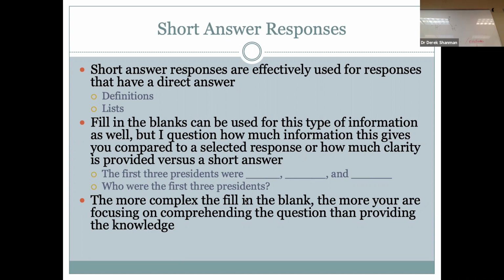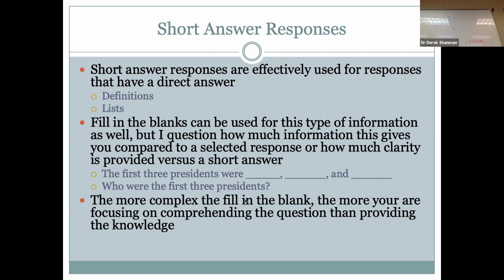So two questions here, just like before, exact same question or knowledge that we are putting out. The first three presidents were blank, blank, and blank, versus who were the first three presidents. It seems simple, or it seems pointless, like what's the big deal between those two things. But this